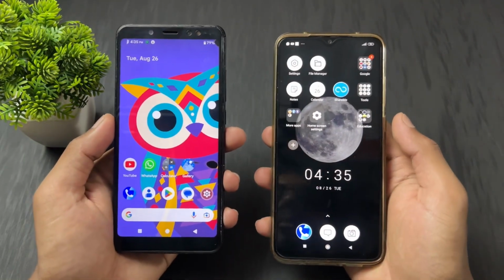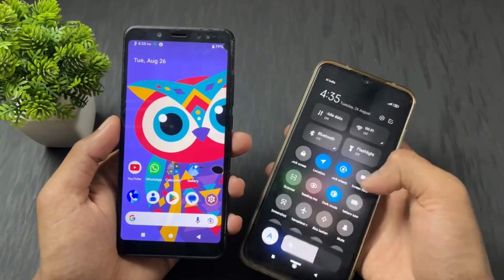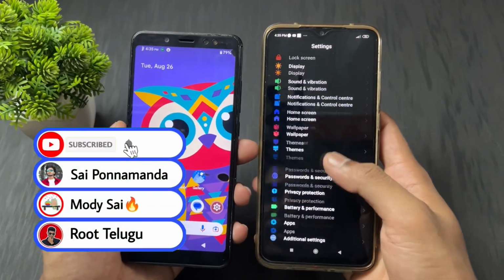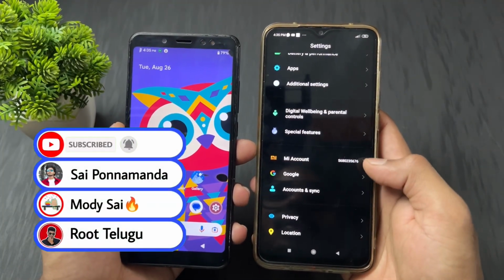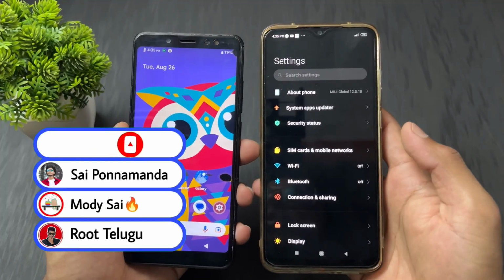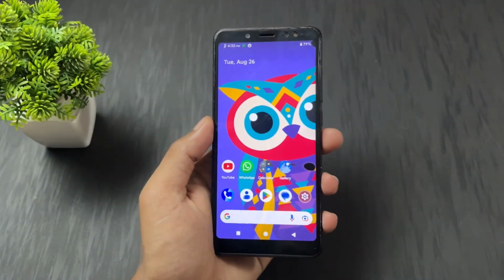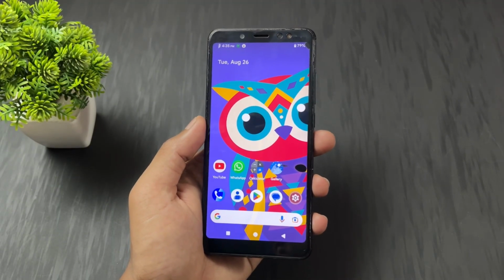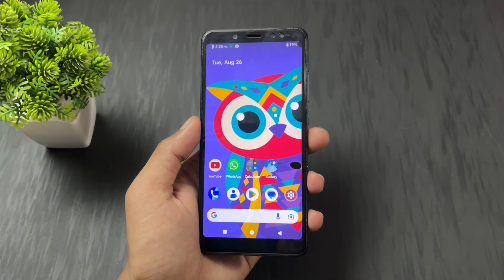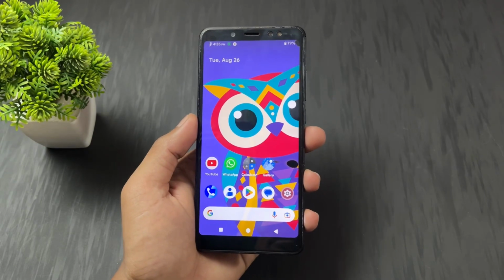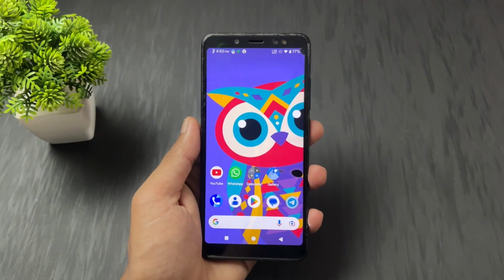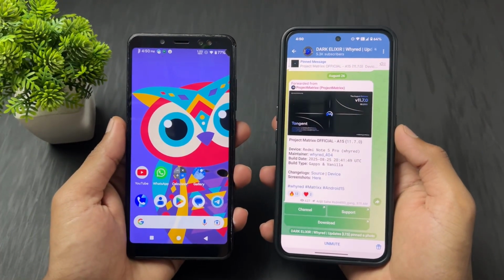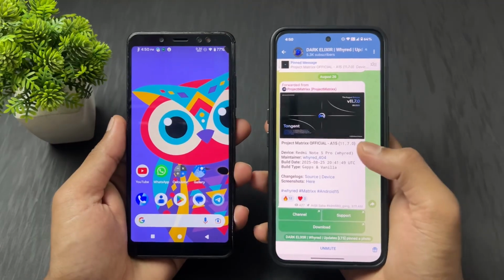Okay guys, before moving on to the process, first of all, I want to tell you one thing. If you still have not unlocked your device bootloader, then you need to unlock your device bootloader. I already made one video on this topic. I will give the link in the description on how to unlock a Xiaomi Redmi Poco device bootloader with PC and without PC. I will cover both methods in that video, so definitely check out that video. First of all, follow that video. After that, come back to this video. Okay, so let's move on to the process of the guide and installation and how to download files for installing a custom ROM